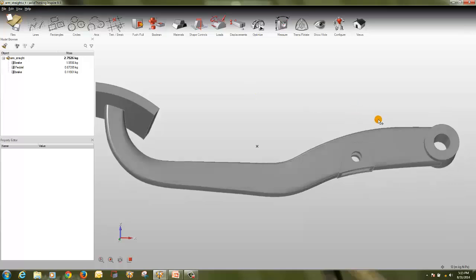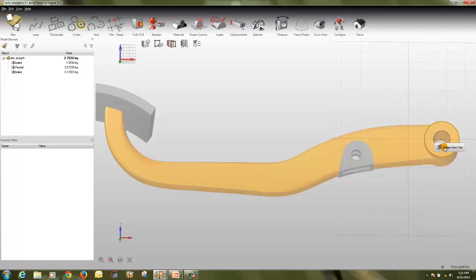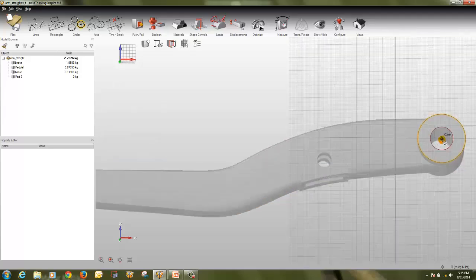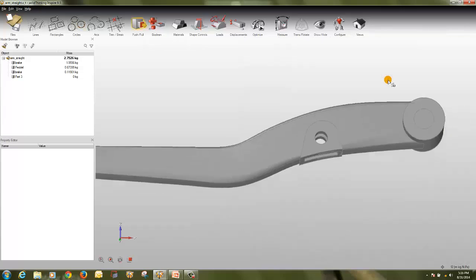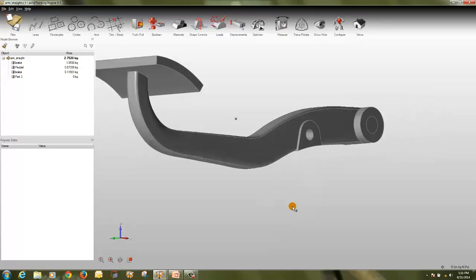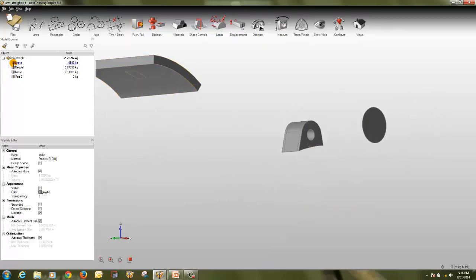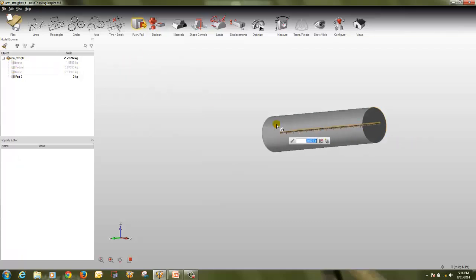So one more option we have to divide it is, we can create a circle, create new part. From this center to this I will create a circle. So I have created a circle in the new part, you can see. Now I will turn off this, off and off. Now go to push pull and pull it down,